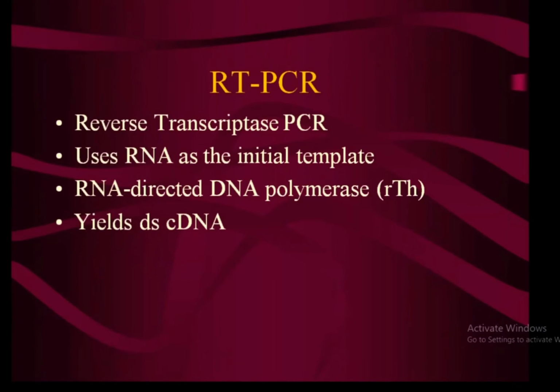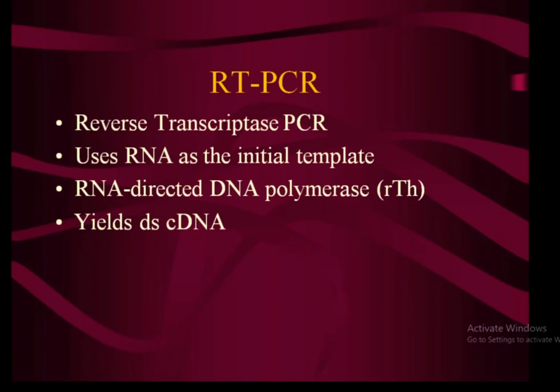Okay, then this is the basic principle of PCR, polymerase chain reaction. Then we move to the variants of it. Normally, there are a lot of different types of PCR. It could be nested PCR, multiplex PCR, RT-PCR, real-time PCR. We will be concerned only about RT-PCR and real-time RT-PCR, because that is the technique we are using for diagnosis of COVID-19. So in RT-PCR, we use RNA as a template. RT stands for reverse transcriptase. Reverse transcriptase is an enzyme which is used for conversion of RNA into DNA.